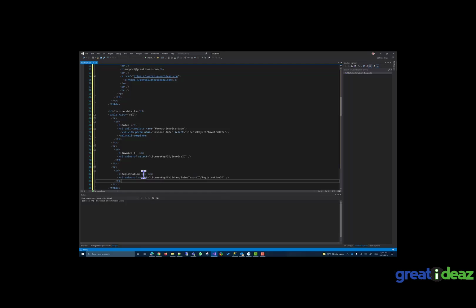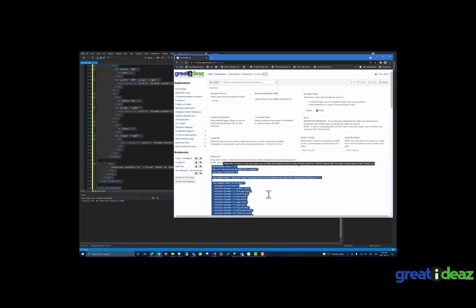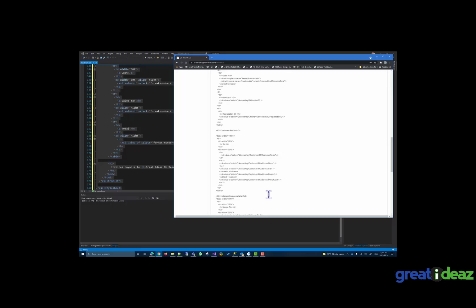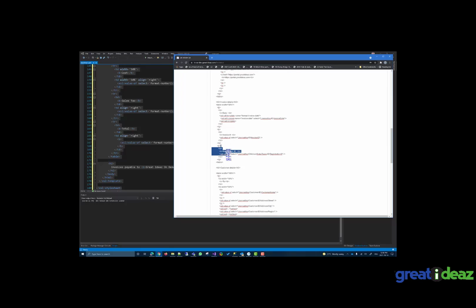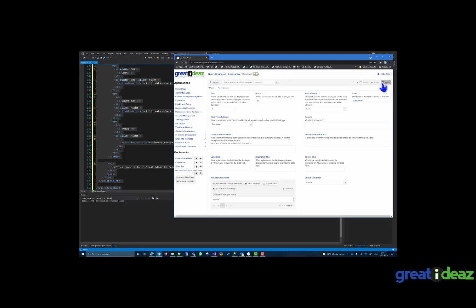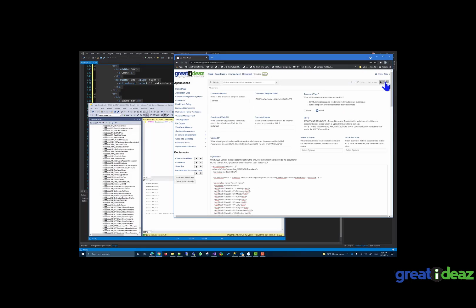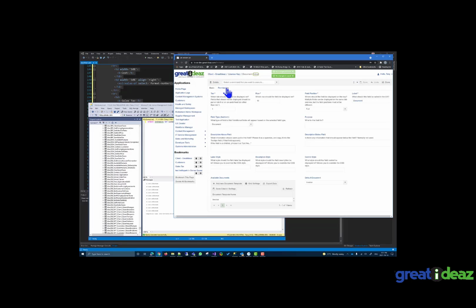So that should give me my sales tax registration ID in my Rxslt. So if I copy this back here, I can now see that my registration ID is encoded in here. So if I mark this as done, and then go back and tell it to clear my application state. So you can see that my registration ID has been added here. If I go back to my Great Ideas and tell it to clear the application state,